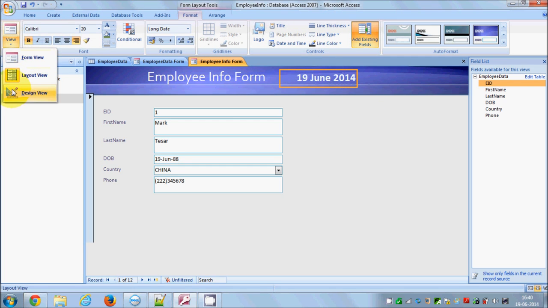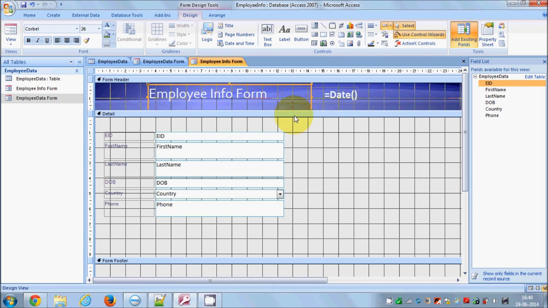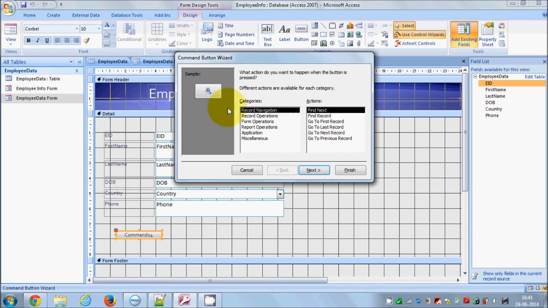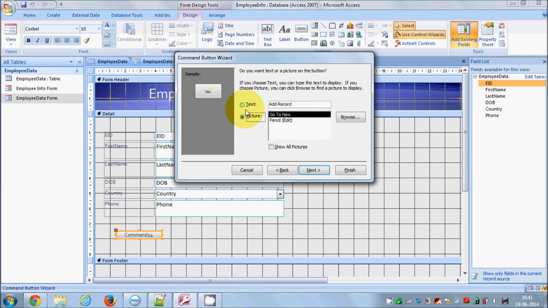Now, for example, once again we go to the design view. For example, you want to add buttons. So what I will do is in my design view, I have this tool called button. I will click this and I will place my button here, and here it will give me a custom button wizard. And what I can do is I can add these buttons. So for example, I want to add a save button or add new record. I will go to the record operation and I will select this add new record. I will click next and I will change. I don't want to use the picture, for example, so I will choose this